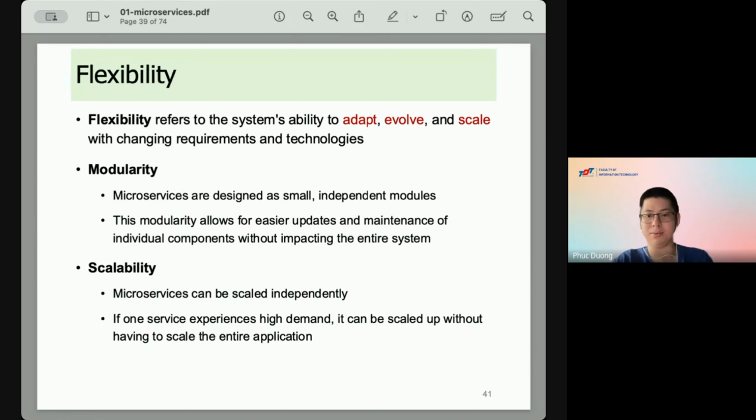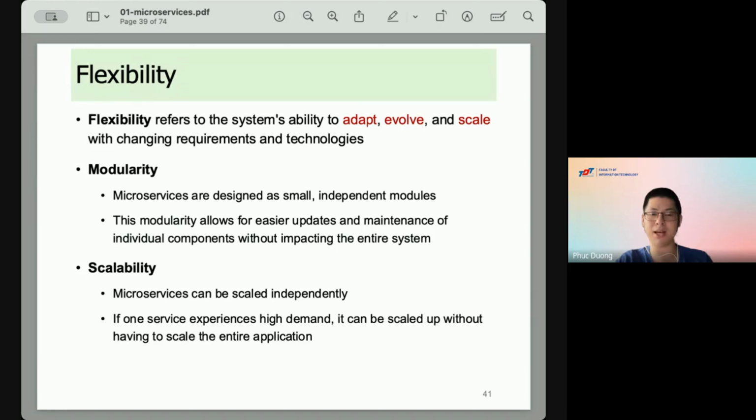Now we turn to the last key concept of microservices, which is flexibility. Flexibility involves three aspects. The first one is adapt, the second one is evolve, and the last one is scale.